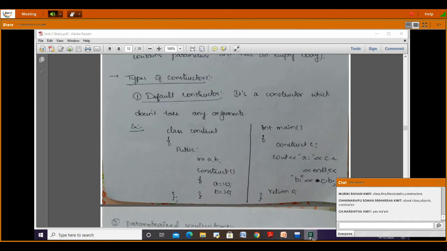It will not have any return type, not even void. And the constructor is called at the time of creation of the object itself. You need not write any separate instruction for calling the constructor. I hope you are able to follow.